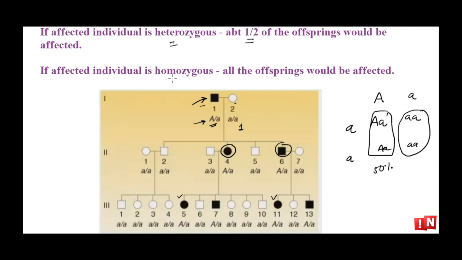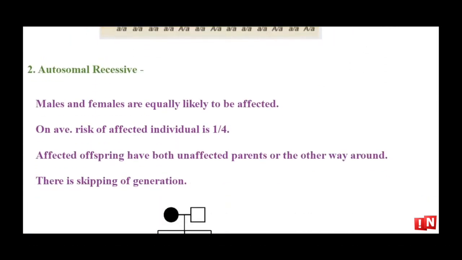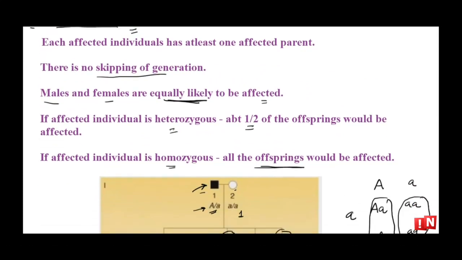All right. Then if a person is homozygous, what will happen? He or she is homozygous. So definitely he or she is going to pass this to all. At least one will go, right, in assortment. Either this or this allele is going to get transferred. So no matter if it is this allele or this allele, either of them would give the disorder. So if the person is homozygous, all the offspring would be affected, right? Now here I am not telling you all the tips as of now. Let's first understand the basics and then at the end I am going to give you all the jotted points. The next would be